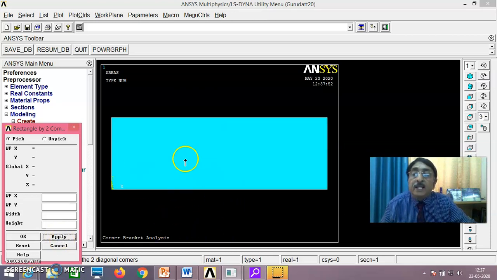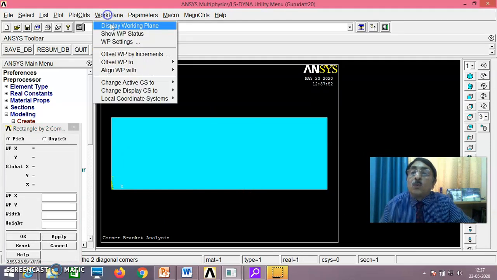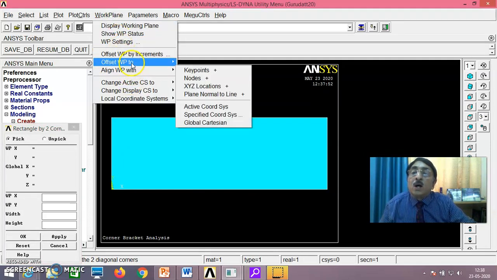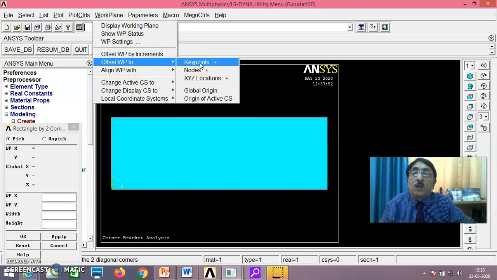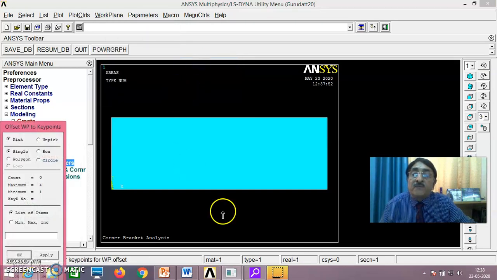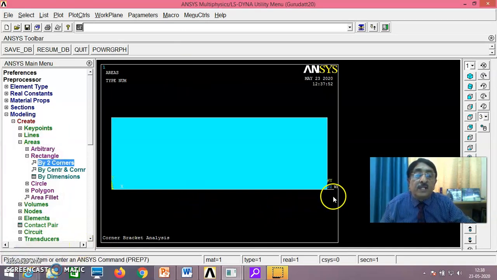Then as you know, there is one option here in ANSYS, work plane, offset work plane to key points. You move the key point to this point. Then you say okay. Once you say okay, the key point has come here.